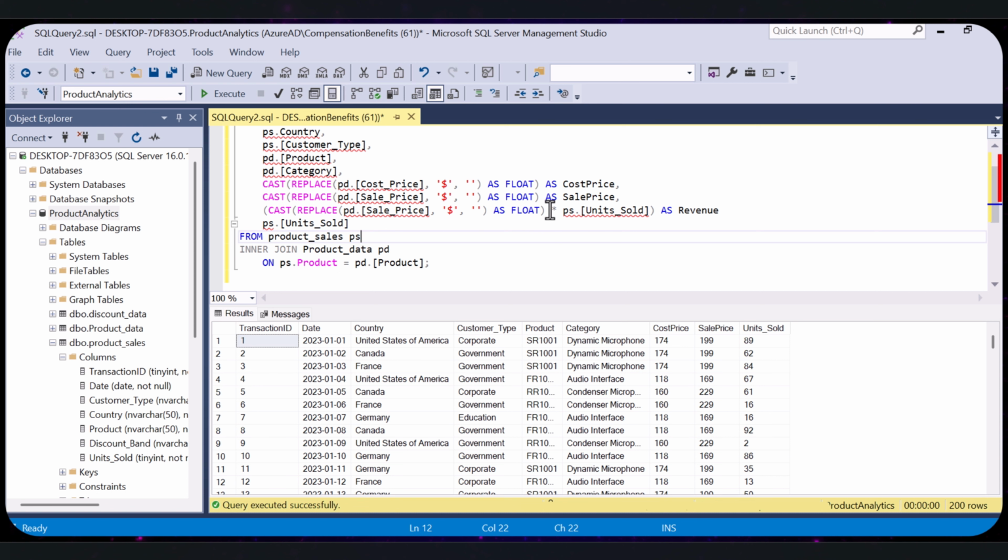And then this multiplies the sales price by the number of units sold for each transaction. We are doing this because it gives the total revenue for that specific transaction. And finally, as revenue assigns the calculated column a descriptive name, revenue, making it easier to reference in the results of future queries. Now, revenue is a key performance indicator, allowing businesses to track earnings by product, category, country, or